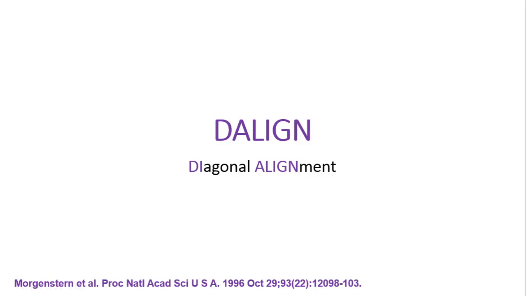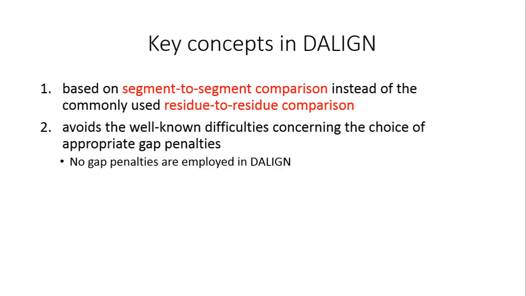Okay, so the next algorithm that we are going to talk about is DIALIGN. DIALIGN stands for diagonal alignment. Here are some key concepts of DIALIGN. It is based on segment to segment comparison instead of the conventionally used residue to residue comparison. So in whatever strategies that we have learned so far, progressive or iterative